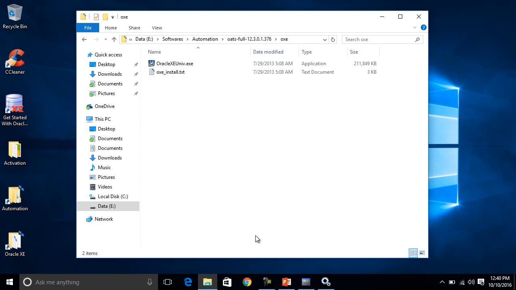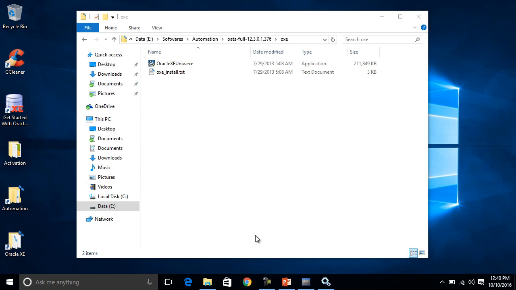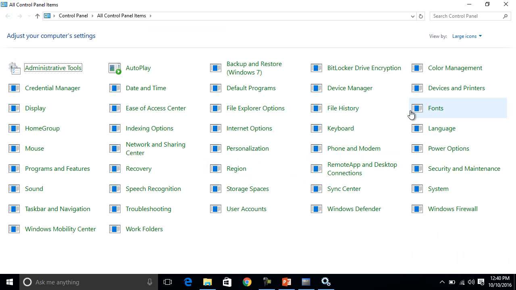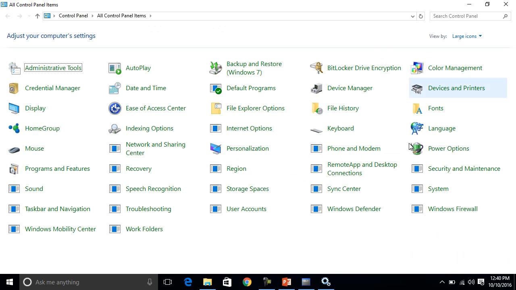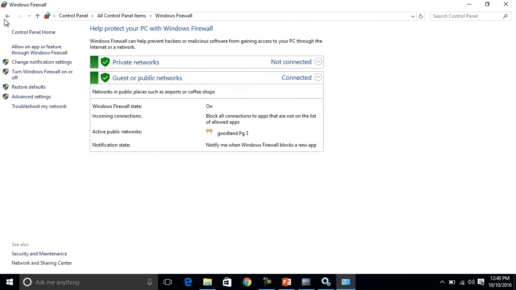If it is still not resolved, go to control panel, and inside of which you find Windows Firewall. You add a rule for port number 1521.